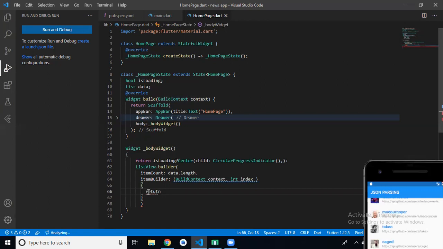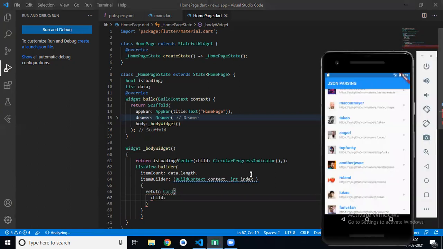So today we will learn a new widget, that is our Card. In Card we have a child property. In child, we have a Column.